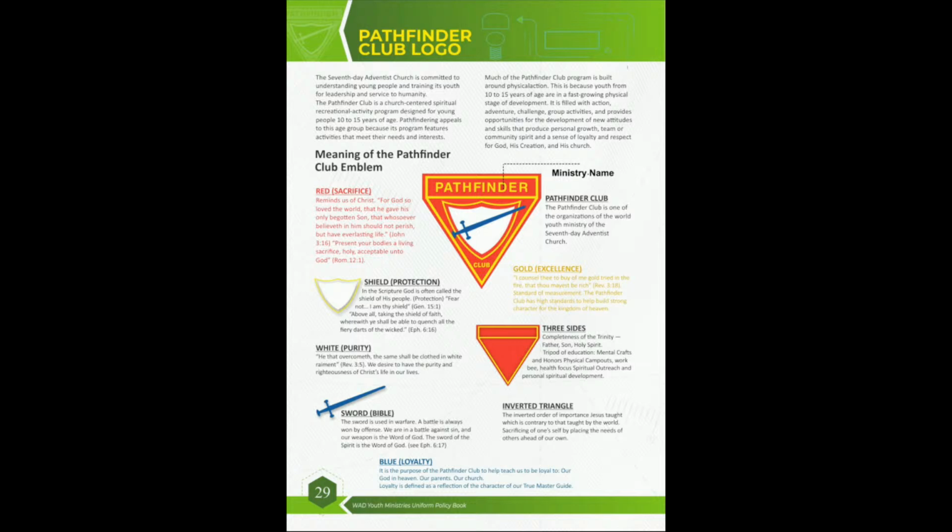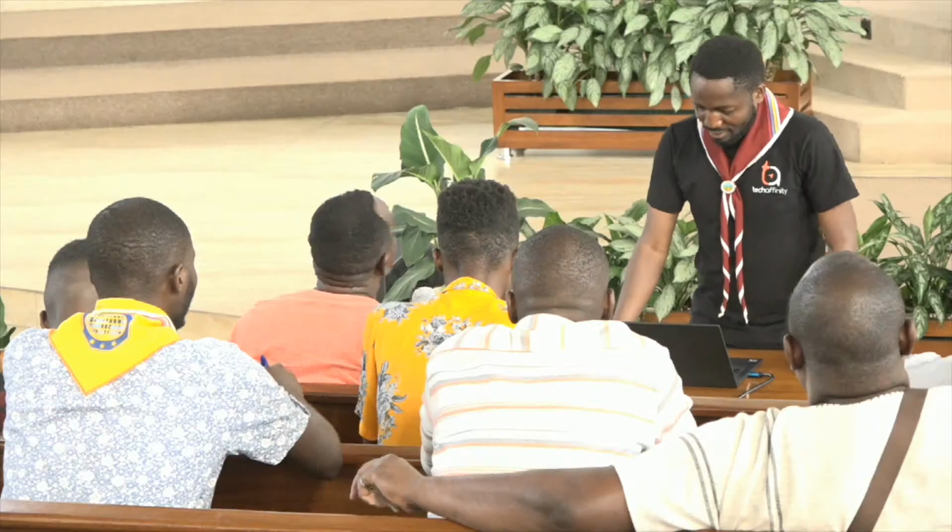I have a question. I always wonder, where is this inverted triangle? Where is it? I don't see. I'm saying I have a question on the emblem. I can see everything, but I'm completely confused. I don't see the inverted triangle. Where is it?